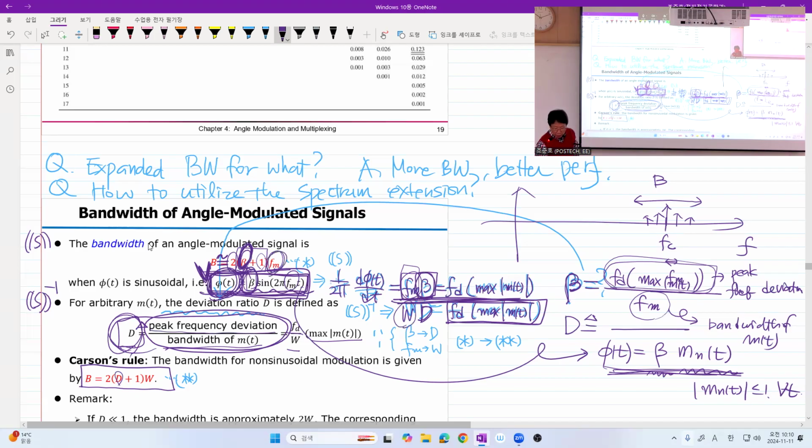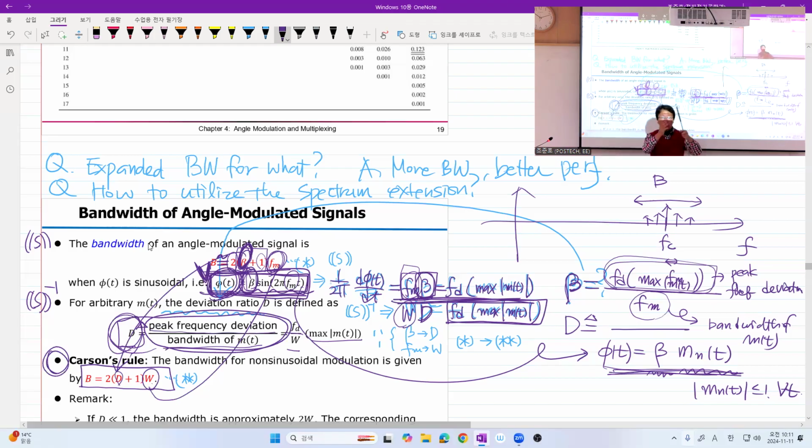So this FM is replaced by W, beta replaced by D. That is Carson's rule. Got it? Isn't it simple? So Carson's rule was so accurate, actually. And this was very important because